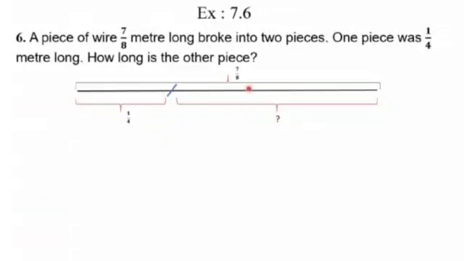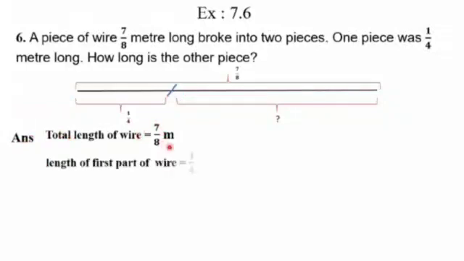You are going to add these two fractions or you are going to subtract these two fractions. Addition means the wire is growing more, but that is not happening in this question. Here the wire is actually broken down, that means the length is reduced. And if it is a reduction, that means we are going to subtract the fractions. Fine, so let's start. As it is a word problem, we have to mention the statements. What is the total length of the wire? Our first statement will be: total length of the wire is 7 upon 8 meters.